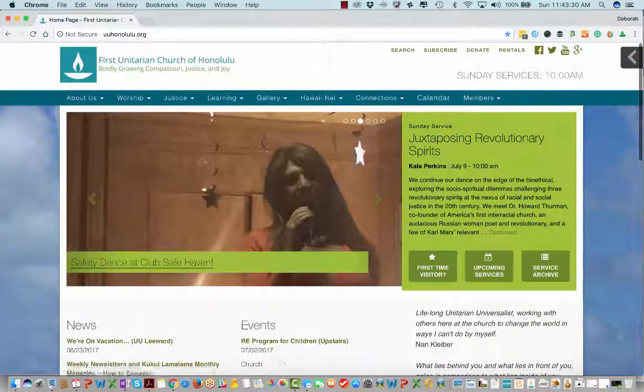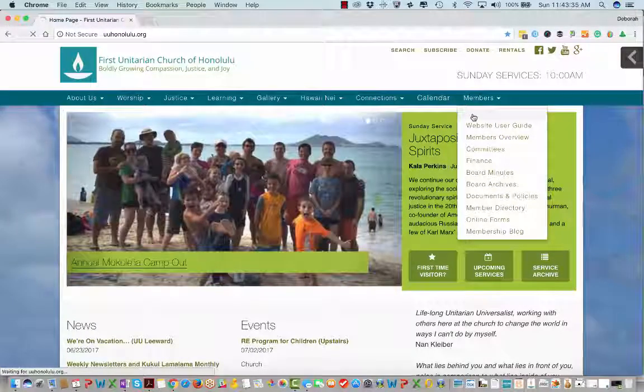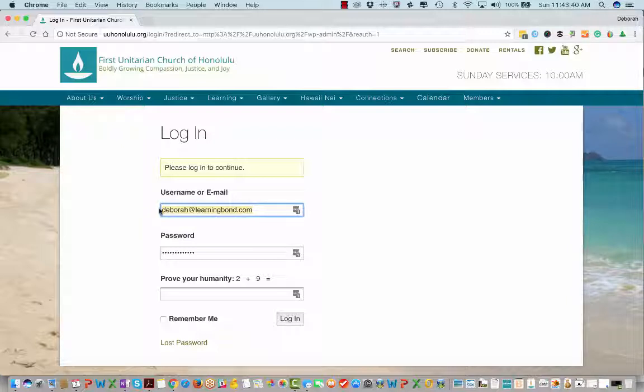But in addition to all that information, if you are a member, if you log in, go to member and log in, I'm going to first log in as a contributor. And I'm going to use the login for my friend Erin Brown, who lives out of town, so she's no longer as active. So she has contributor status, which is the status that every member has. And then we have advanced status of author and editor for people who are very active